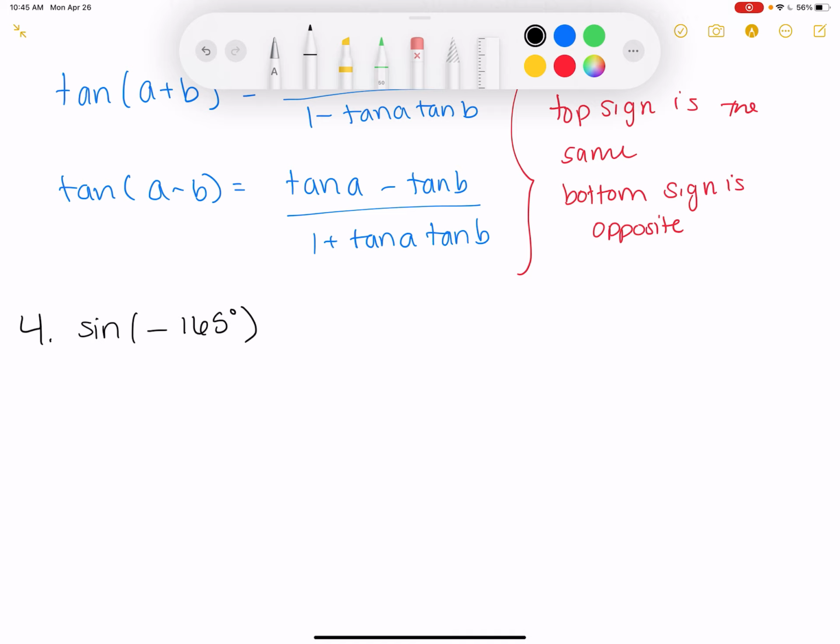I know. All right, so big thing, we can't have negative angles. So how can I make that positive? Give it the same terminal angle. Add 360. So negative 165 plus 360